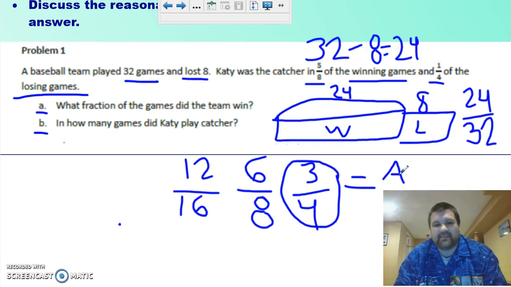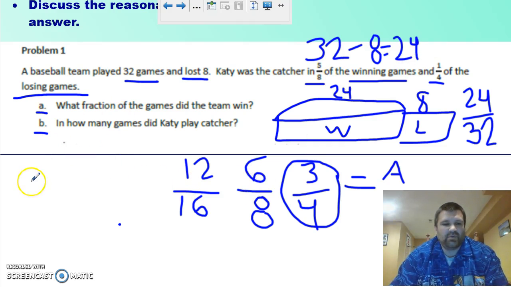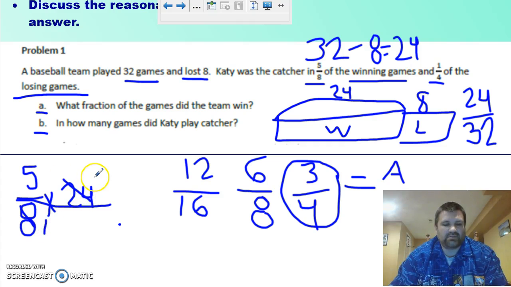So now it says, in how many games did Katie play catcher? We have 32 games and lost 8. Katie was a catcher in 5/8 of the winning games. So for the winning games, we want to find 5/8 of, and remember, I would say of, and the winning games was 24. Extend your line. Well, we can simplify. 8 goes into 8 once. 8 goes into 24 3 times. 5 times 3 is 15